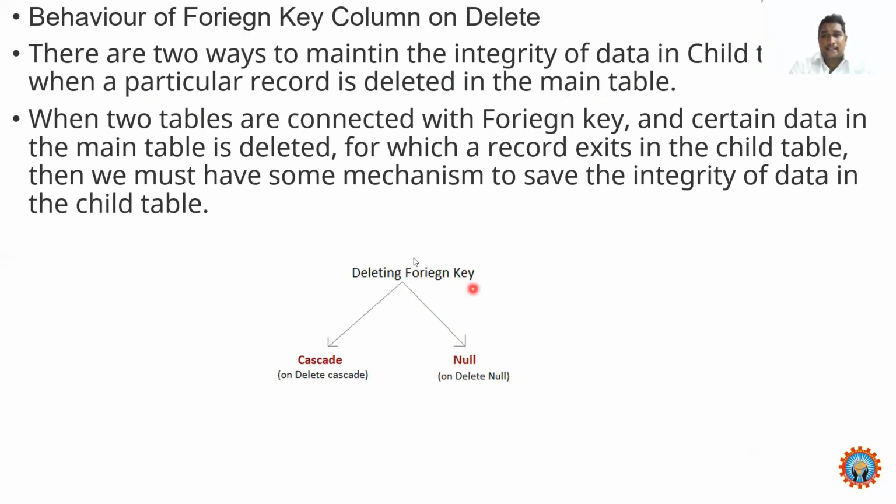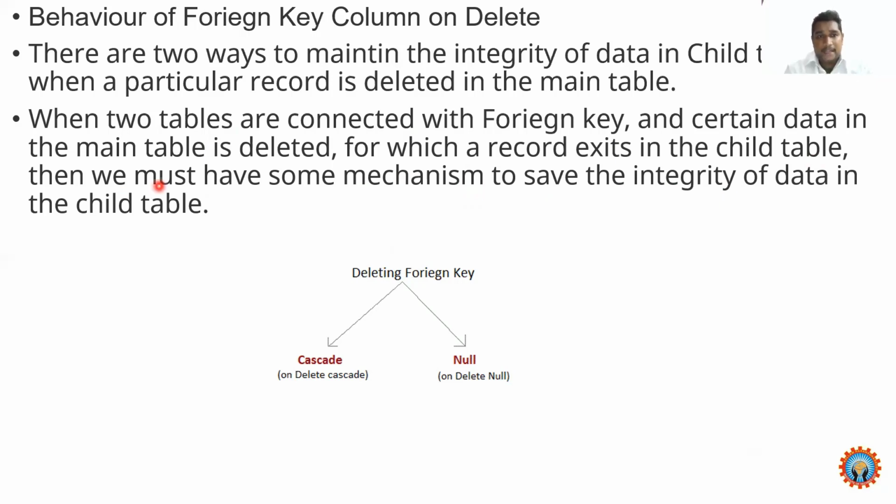When two tables are connected with a foreign key and certain data in the main table is deleted for which a record exists in the child table, then we must have some mechanism to save the integrity of data in the child table.